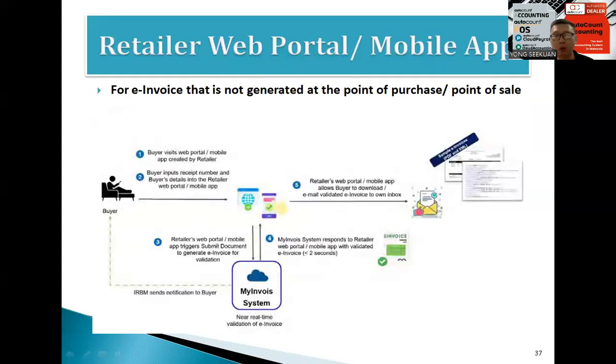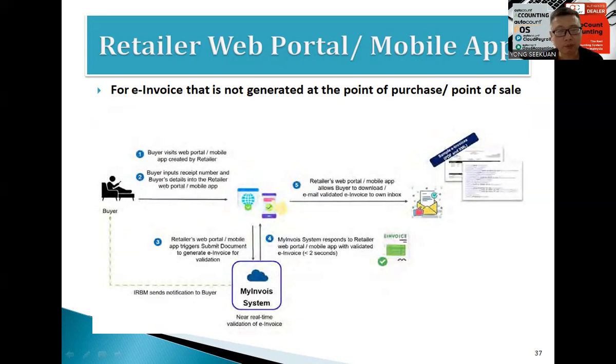Then we have the post transaction request. Let's say I go to a restaurant outstation in Johor Bahru and have dinner with my customer. Then I bring this receipt back to KL, here in Cheras, and claim with my company. The accounting says, oh, this is not an invoice, you cannot claim. I don't think you will travel back to Johor Bahru just for this invoice, right? No, right? So basically, if this restaurant has a website or a MyInvoice portal,